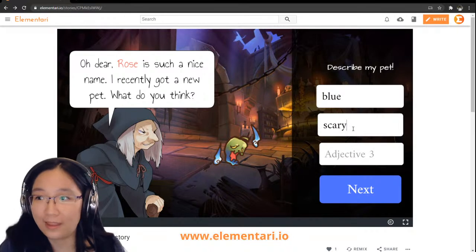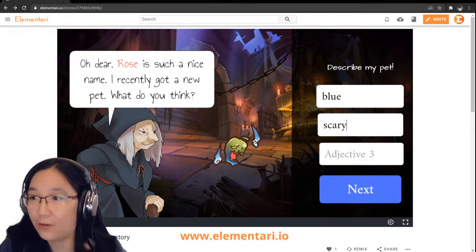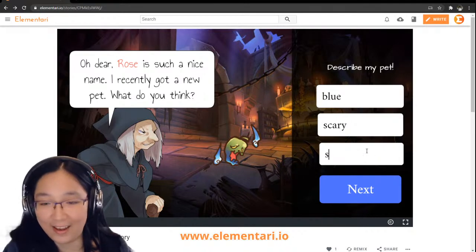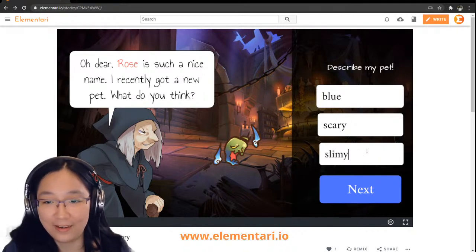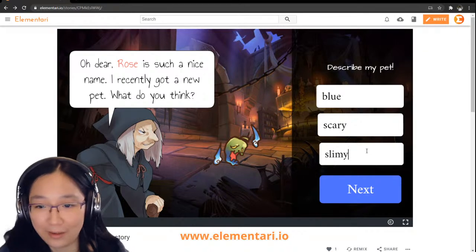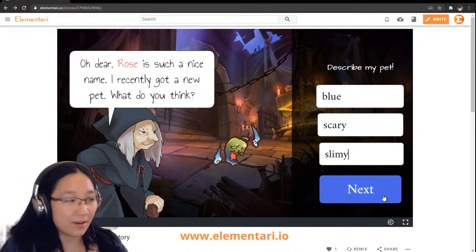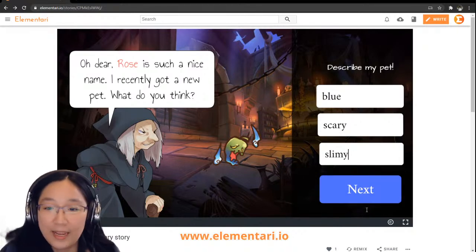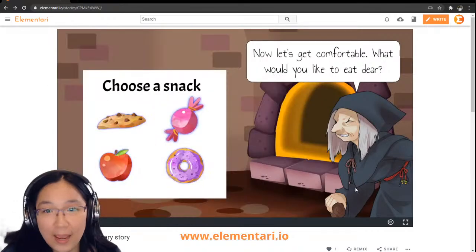And we need one last adjective. Slimy. Okay, slimy. Is that even how you spell slimy? I think so. Okay. So we have slimy. And I'm going to go to the next page now and see what happens.